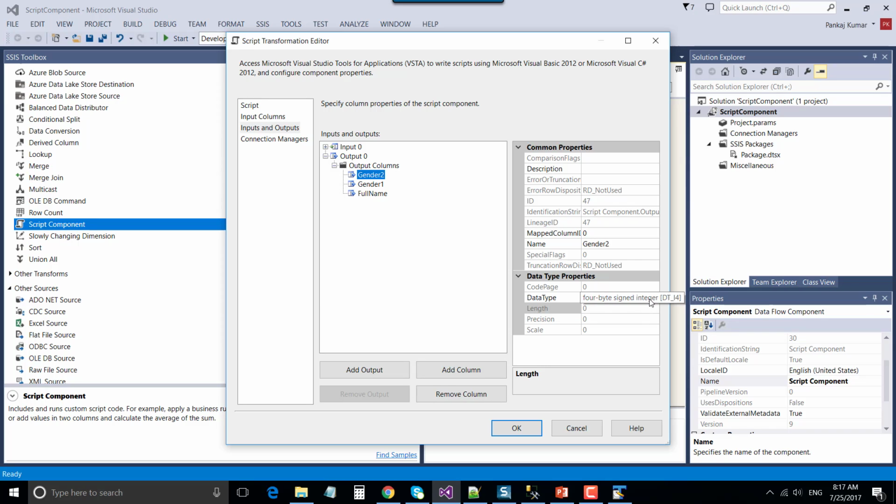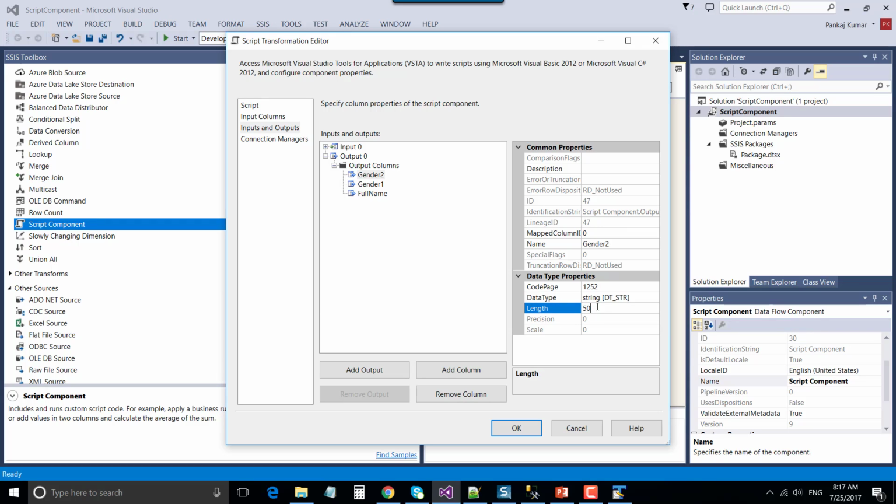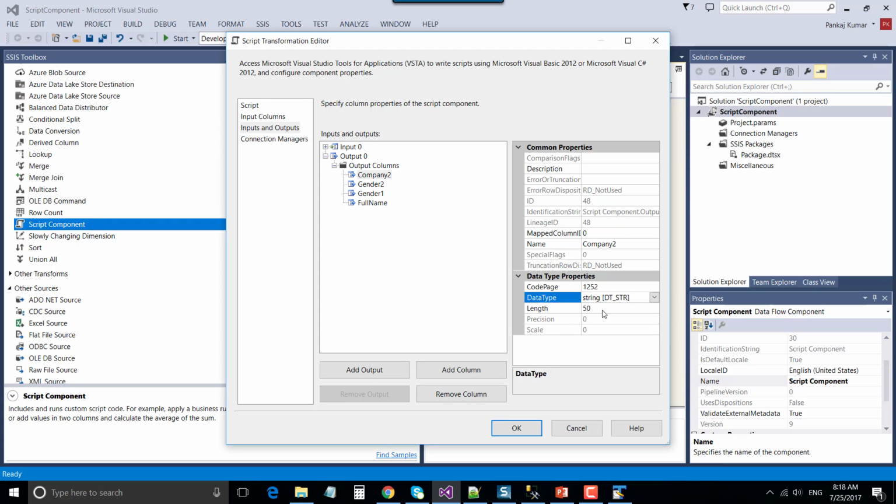It will also contain the same values like M or F, so change it to string, and the length will be 1. Now let's add the final 4th column, which will be Company2, and change the data type to string, and leave the length as 50. It will be a duplicate copy of the company column with data in upper format.